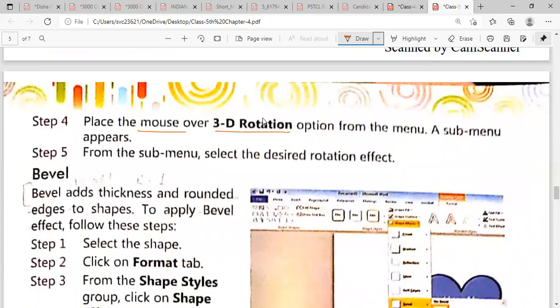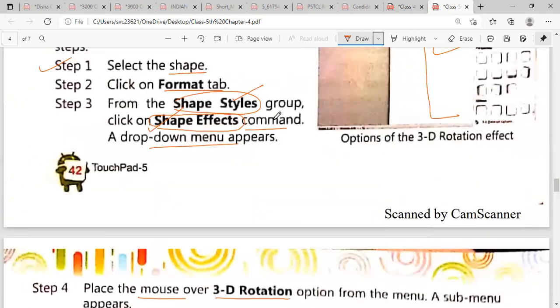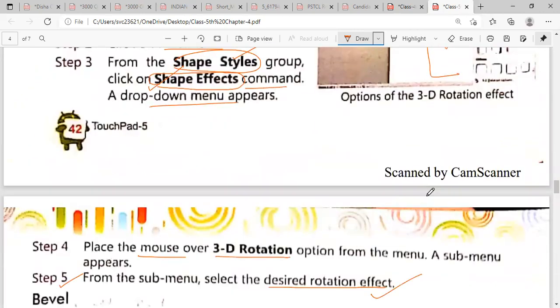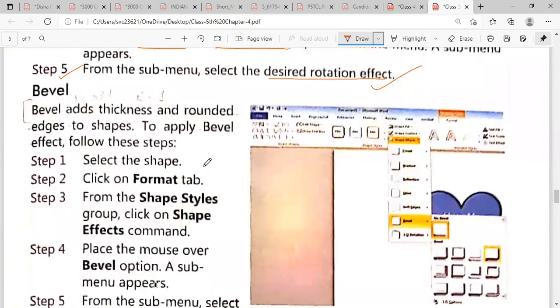Okay, now you can use a drag and drop feature to apply a 3D rotation. Okay, and fifth step is from the sub menu, select the desired rotation effect, and you can choose any effect from this list.